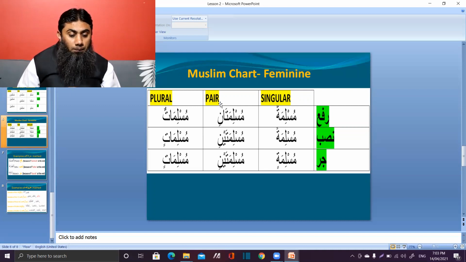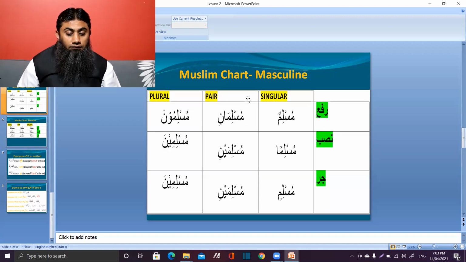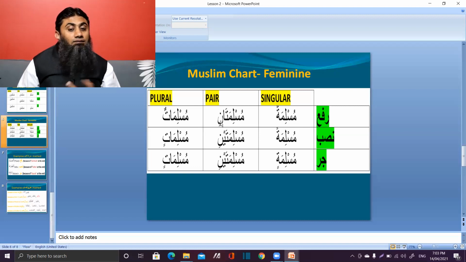Okay, and for pair and plural, same thing. You will use which method? Again, you will use the huruf method, not haraka. Haraka is for this one and the huruf method is for this one and this one. And look at this one, muslimatani. In case of masculine, it was muslimani. Now it is muslimatani. Once again, the extra ta is just to tell you it is feminine, but the concept is same. Muslimatani, ani sound; muslimataini, aini sound.